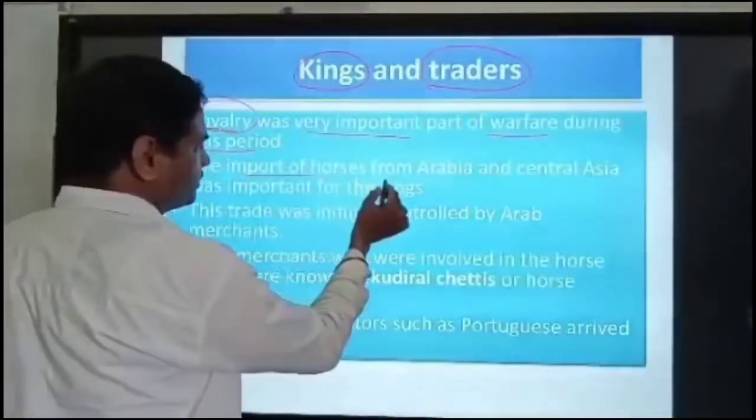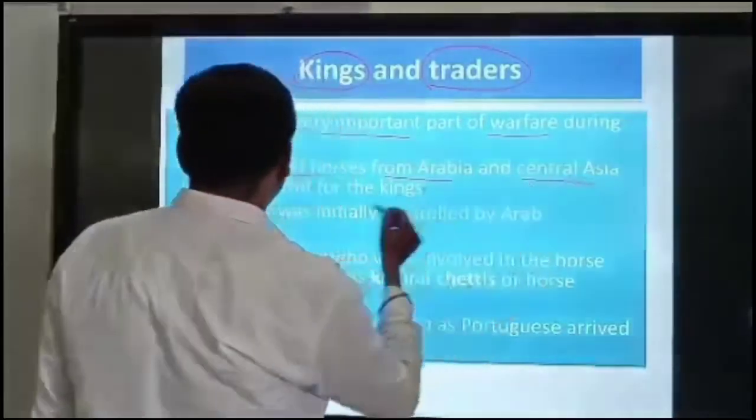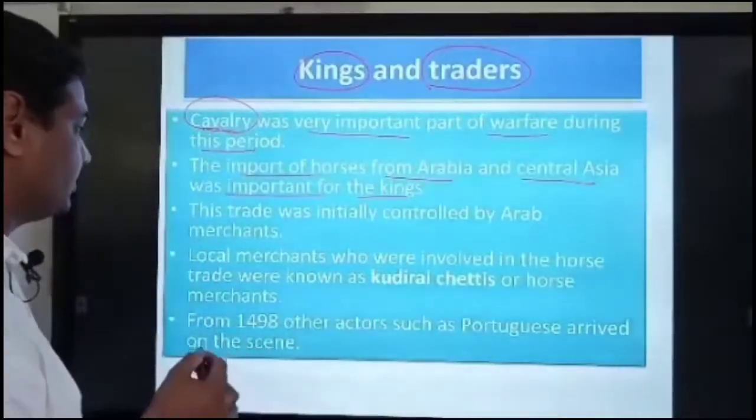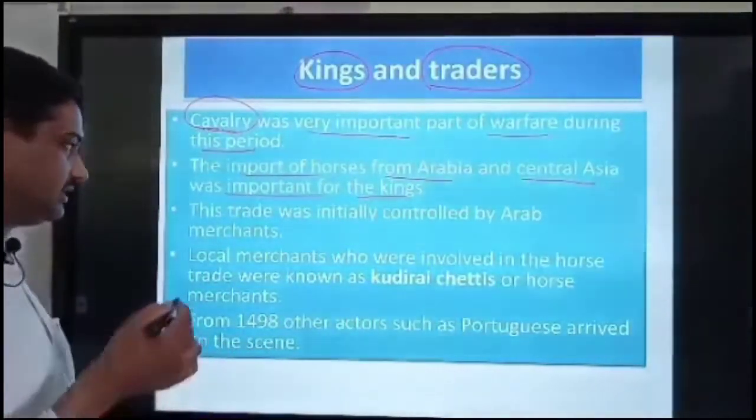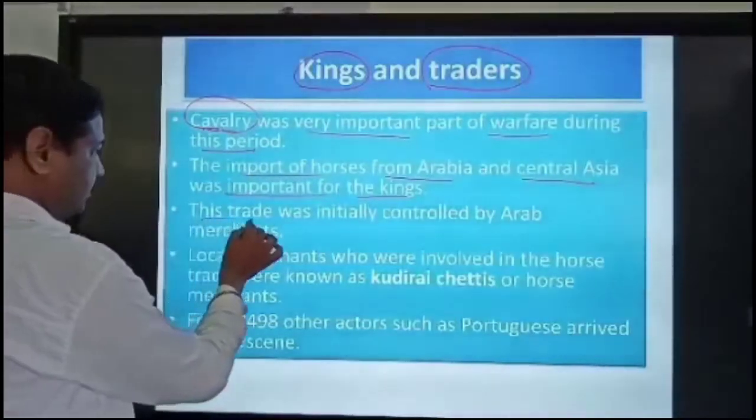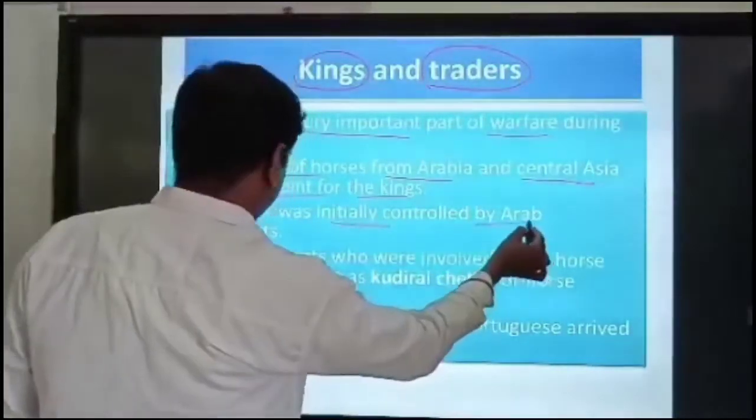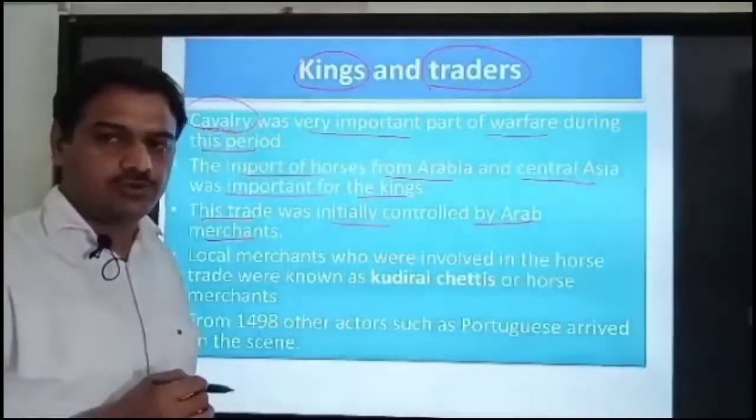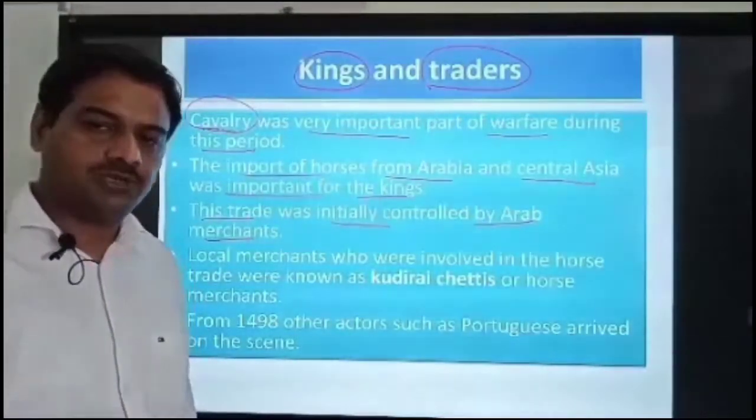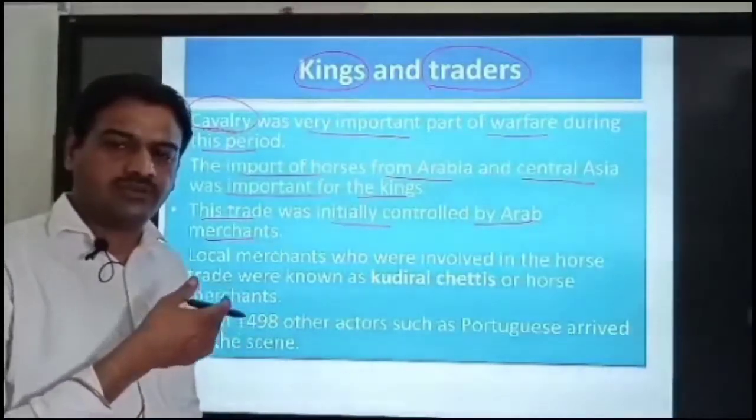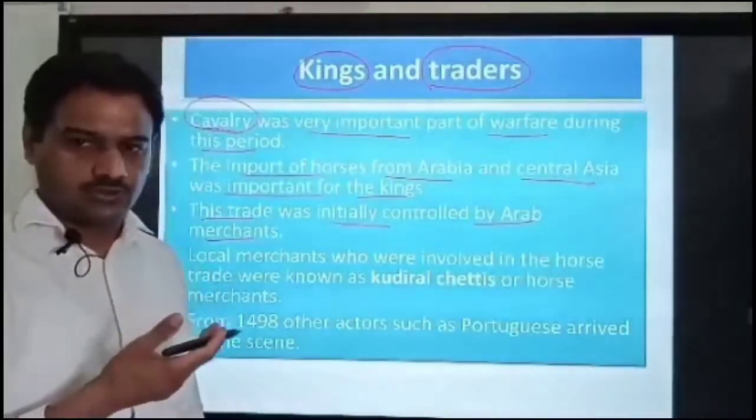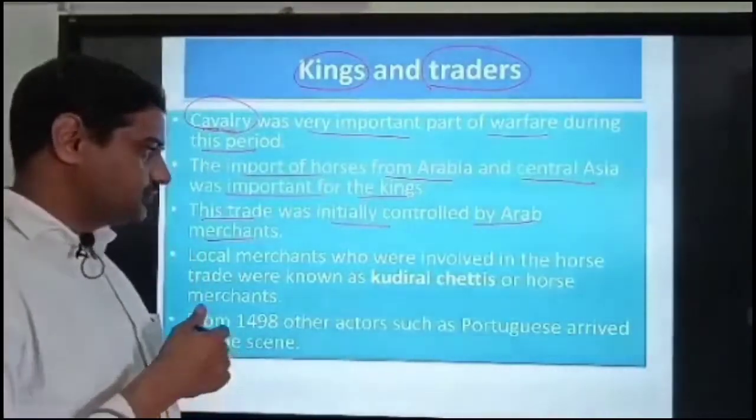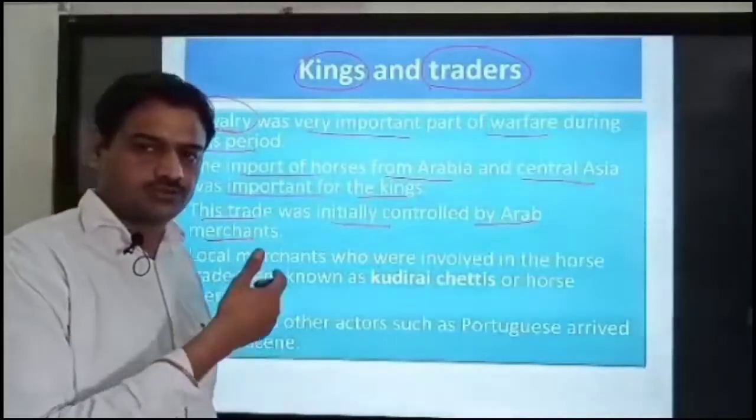The import of horses from Arabia and Central Asia was important for the kings because they wanted to expand their cavalry, and cavalry used to play a decisive role in battle at that time. This trade was initially controlled by the Arabian merchants. Arabian merchants used to come to India. They used to take spices and other commodities from the Indian subcontinent to Arabia, and from Arabia it used to be supplied to the European continent, and they used to earn a lot of profit. So in lieu of those spices, they used to deliver horses to these people,